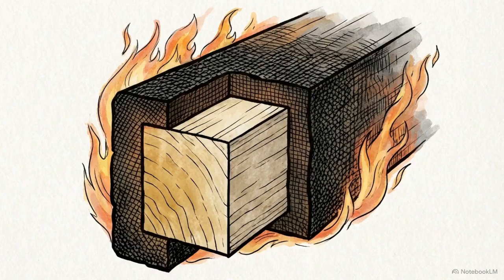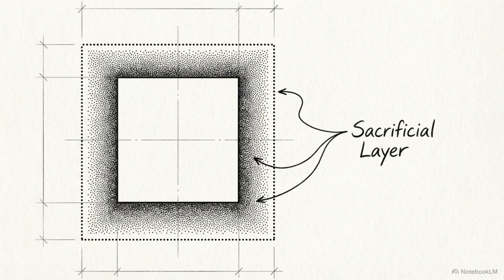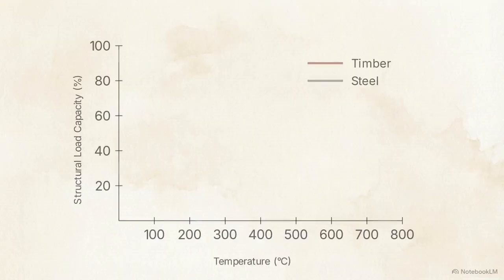As the exterior burns, it produces a predictable charring rate that creates a highly effective insulating barrier, protecting the internal wood. Engineers utilize this predictable char rate through sacrificial timber sizing. They calculate the required char layer into the design, allowing the beam to burn while the core retains its structural stability without sudden collapse. This split-screen graph compares the structural load capacity of a timber beam against a steel joist